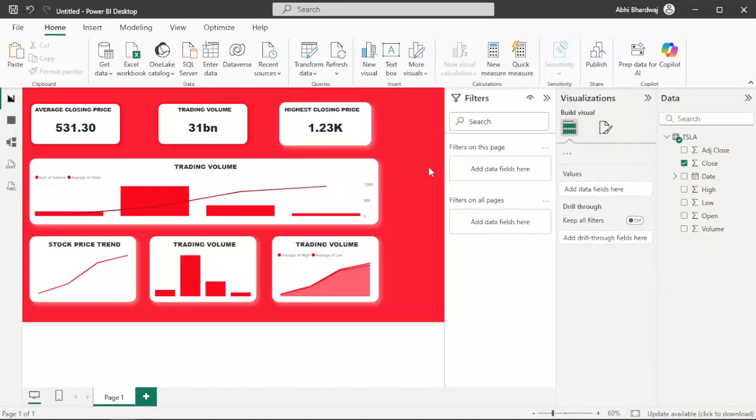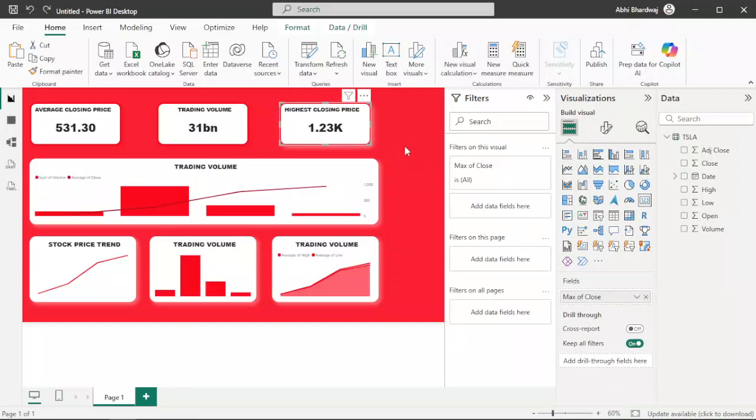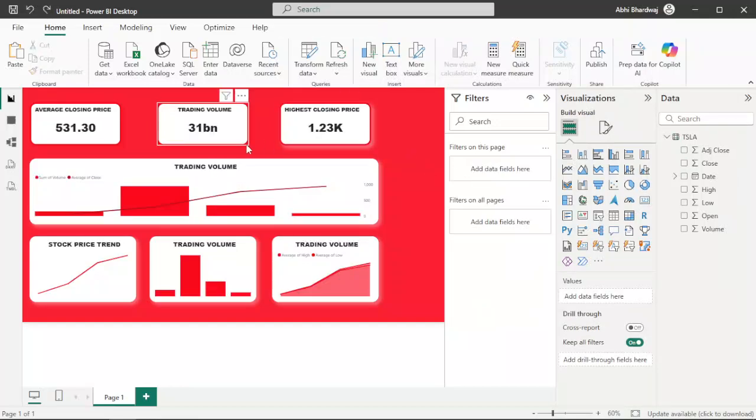How is it going to look? Oh, okay, so now let's add